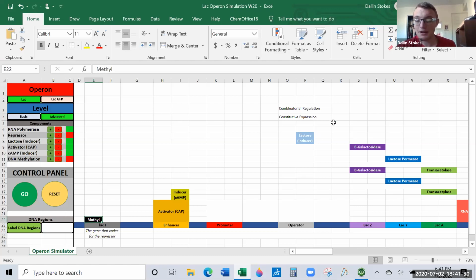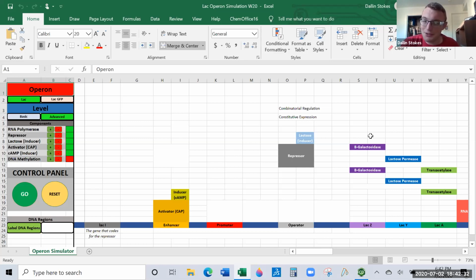But in other genes, it's bad. If we have constitutive expression, for example, think of it like this. Let's pretend these genes over here were genes that control when the cell divides. So if these proteins come out, they tell the cell to divide, go through mitosis, and make a baby cell. We would want a repressor. So let me take away this methyl over here. We would want the repressor to make sure that these proteins are made when the cell's ready to divide, and that they're not made when the cell isn't.